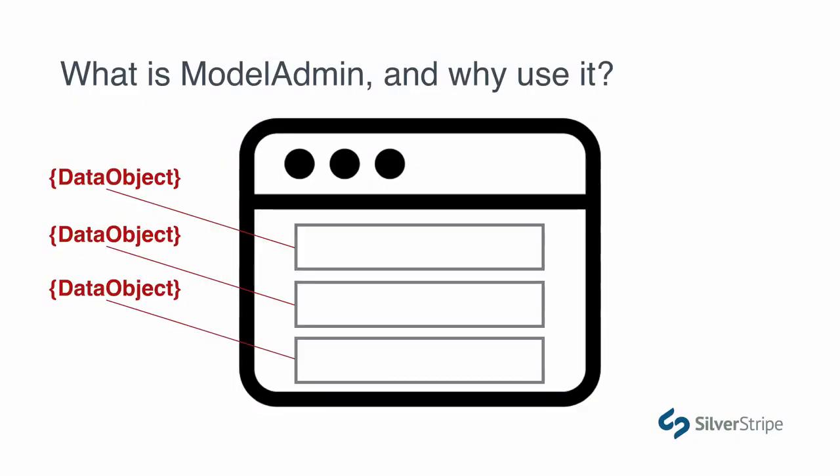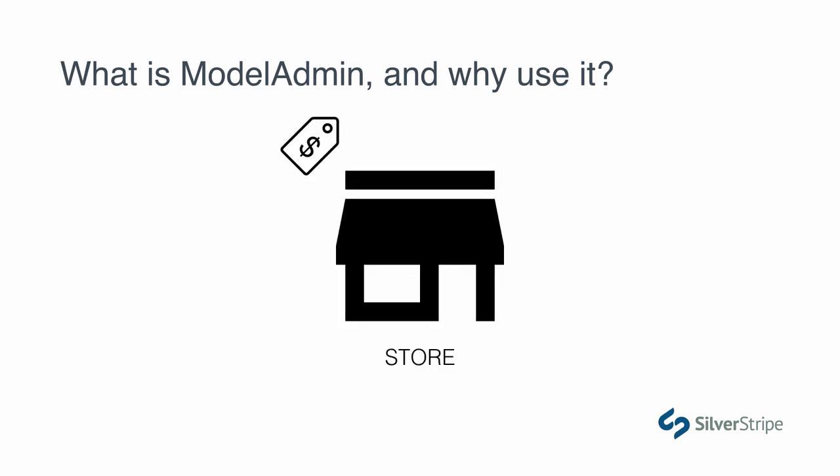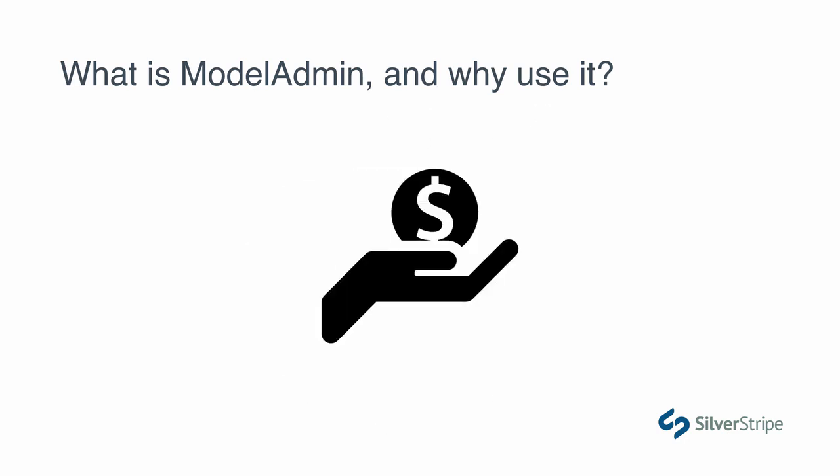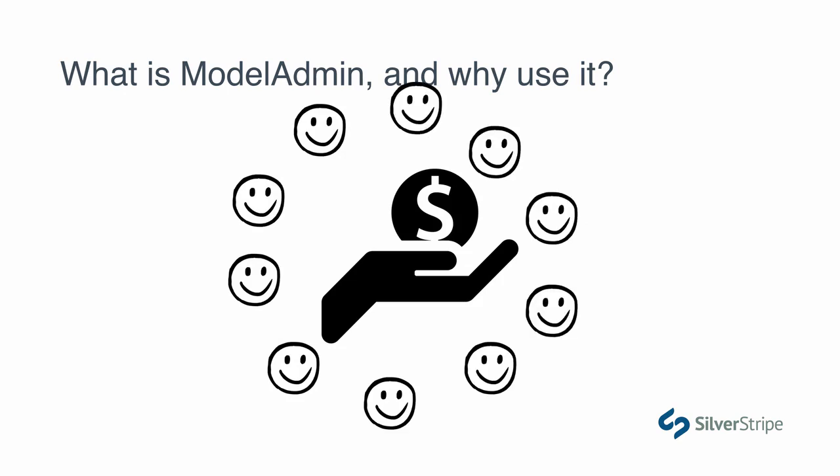So that all works great when data object content is hosted on a page. But what about more generic content that is used all over the site and doesn't really belong to any specific parent? You might have a store that manages products or a micro-lending site with many projects. This type of content really merits a dedicated management console in the CMS. So binding it to a page would be both confusing for the content author and it would add unnecessary complexity